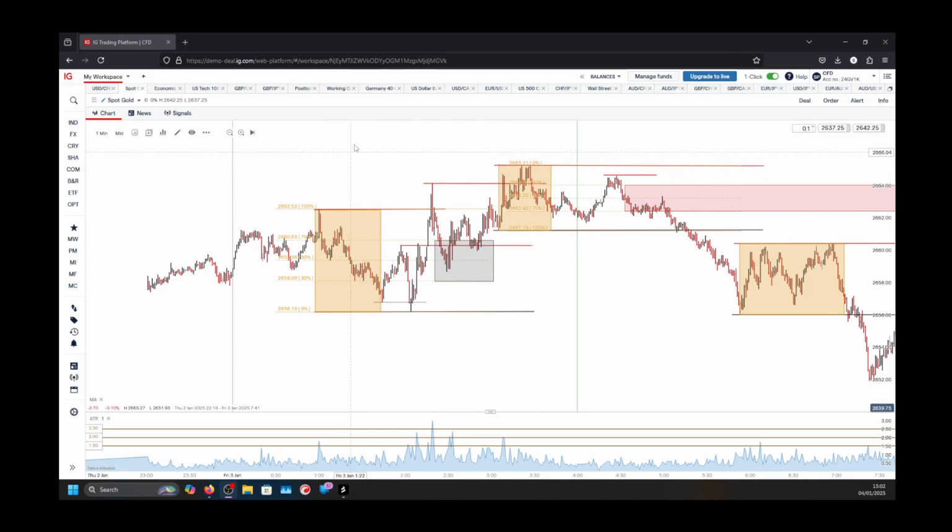I'm usually getting no more than 1.5 R on each trade,